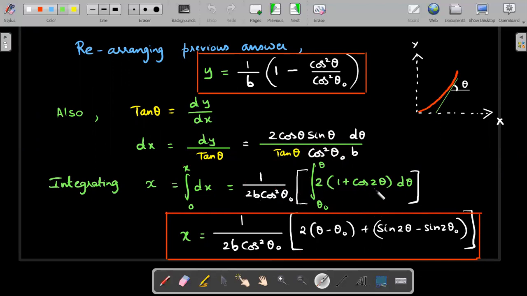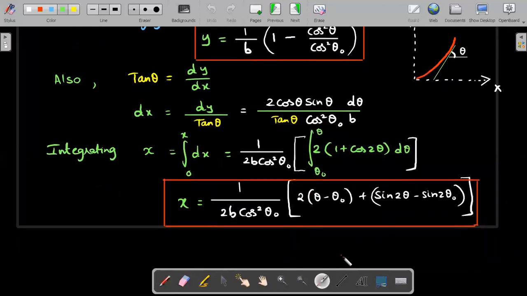And once you do the integration, which is familiar to you, you will get this upon substituting proper limits. Don't forget the limits. Don't put 0 here. You'll get a wrong answer. Okay, right. This is the final answer. So these are the two parts. Once you write this, you'll get the full marks.